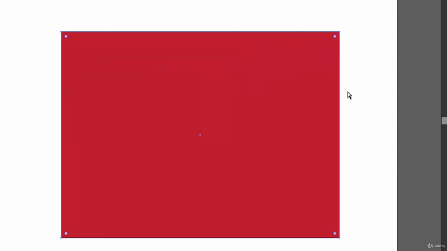I think by now we have done many projects, right? If you take a look at all of those projects, or create anything in Illustrator and just select it using the direct selection tool, or even with the selection tool, you will notice that these are made up of anchor points.